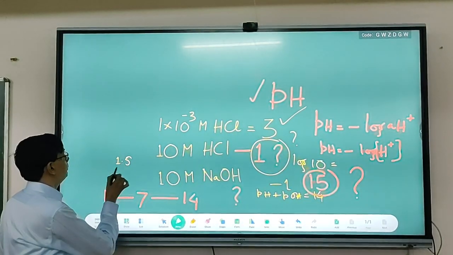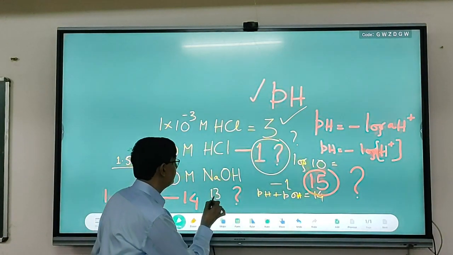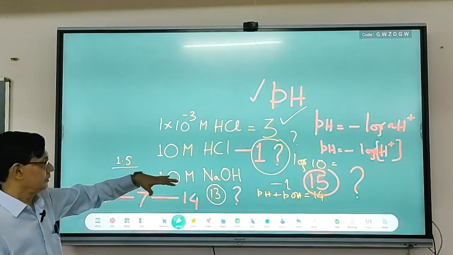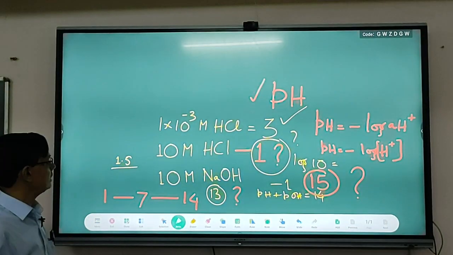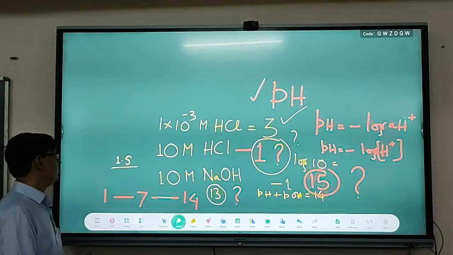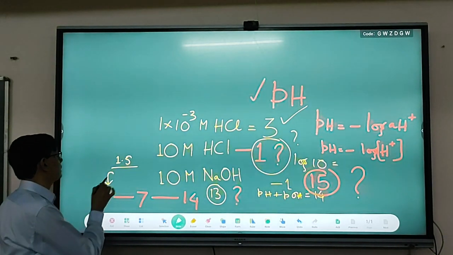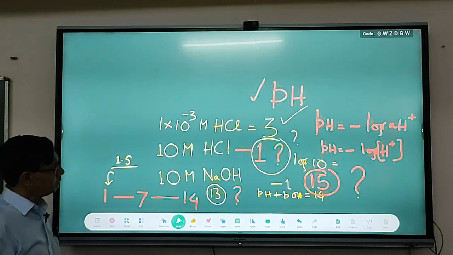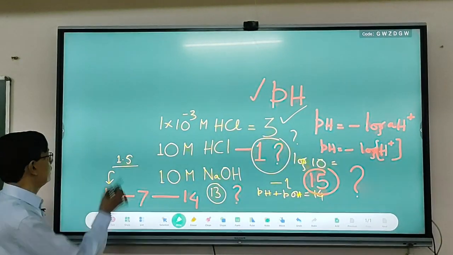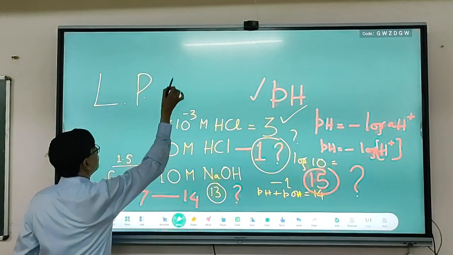Generally what happens, the pH less than 1.5 and greater than 13 indicates that this particular concentration, what we are thinking about the pH, would be much stronger than it would suggest. So therefore, a great scientist, his name is L.P. Hammett,